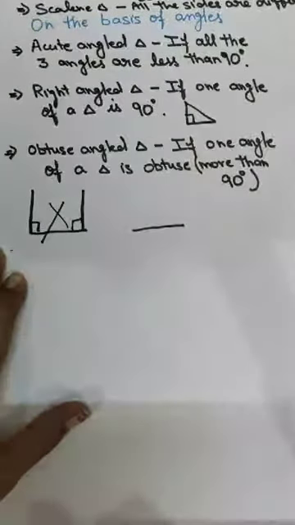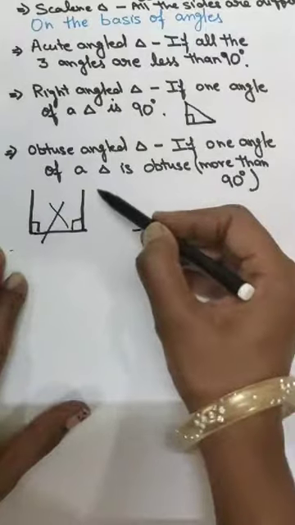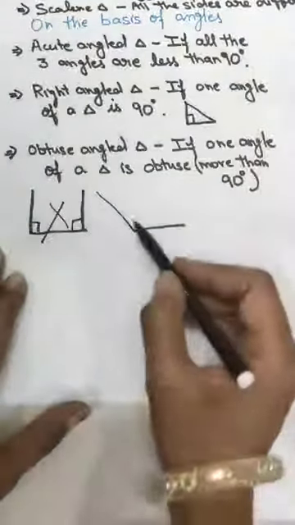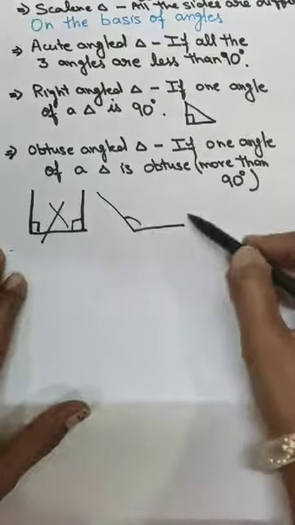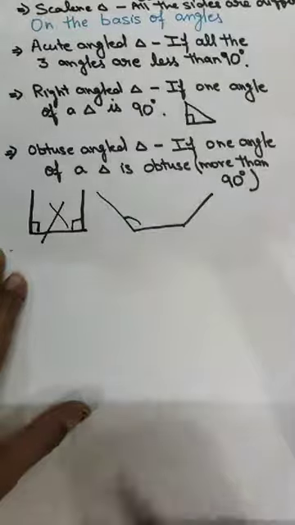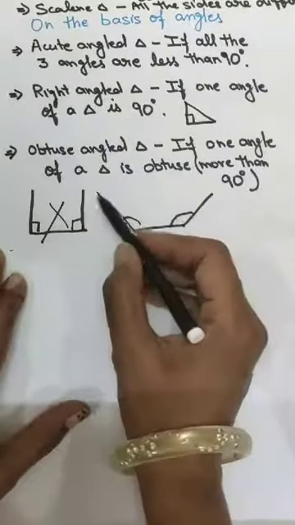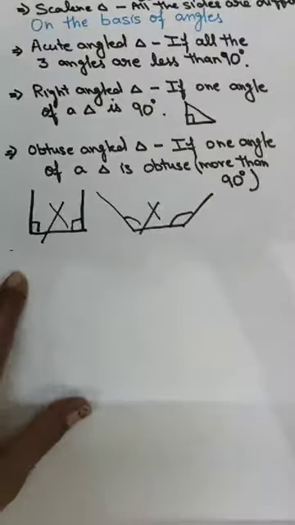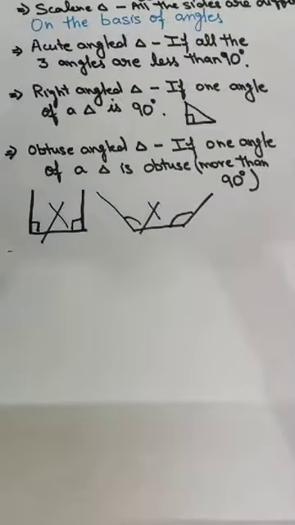This is your baseline of a triangle. Obtuse angle always goes outside. So, this is an obtuse angle. If here also I am making the obtuse angle, it will again go outside like this. Here also. So, can we make a triangle? No. Okay. So, for a right angle triangle also, only one angle can be of 90 degree, and in an obtuse angle triangle also, one angle of a triangle is obtuse.